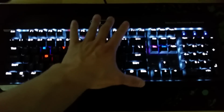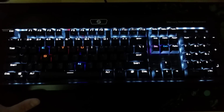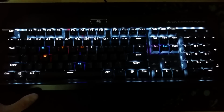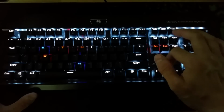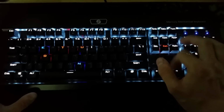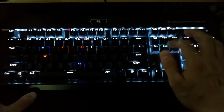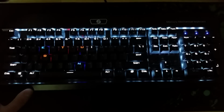And in this mode, you type indefinitely and it doesn't actually send the signal to the keyboard. 3 lights blinking, of course, means that you are modifying your keyboard settings, and you can go all the way around to make the keys whatever color you want. And of course, with the onboard memory, it's going to remember your settings even if you unplug the keyboard and